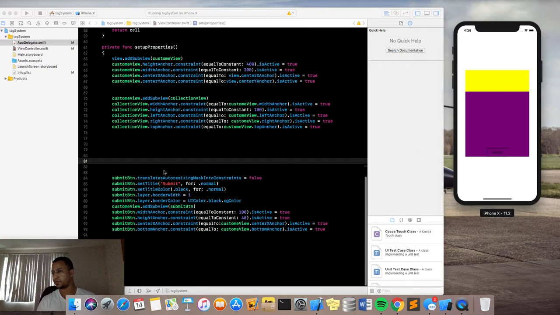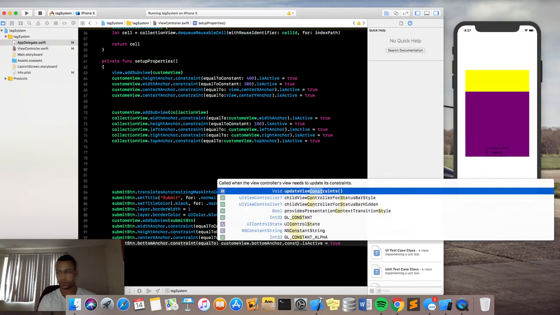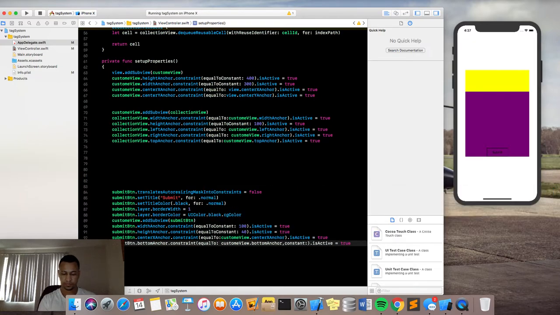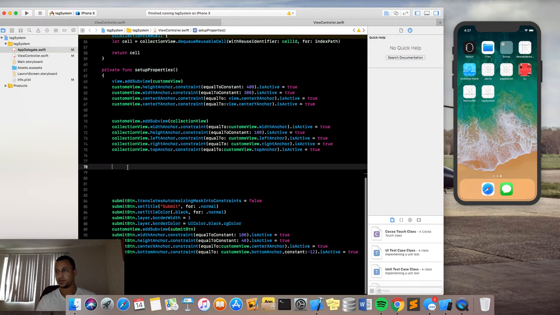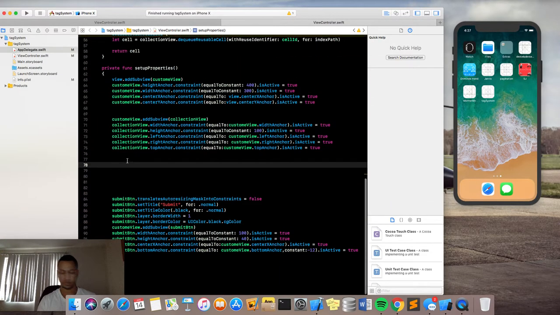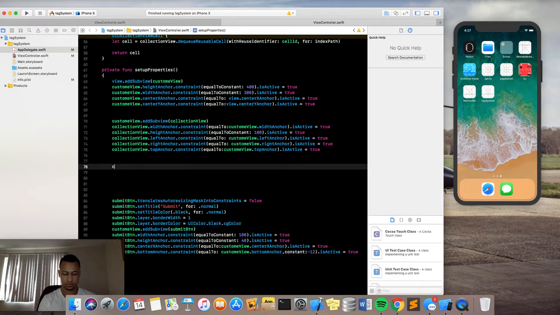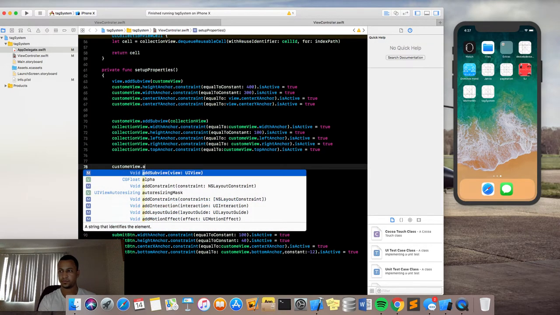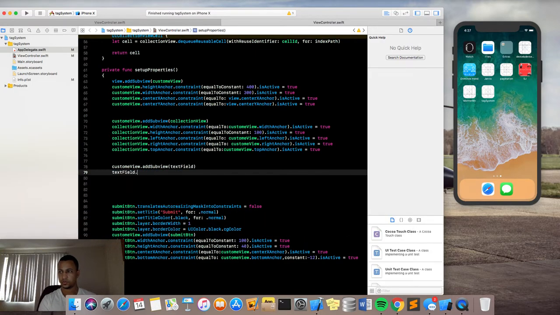Right here, if you want, we can push it a little bit up. Bottom width, so I think it's just constant. So say minus, let's say 12 for now. Now that I'm here, I should just finish this. The name text field, okay. Custom view the text field with anchor